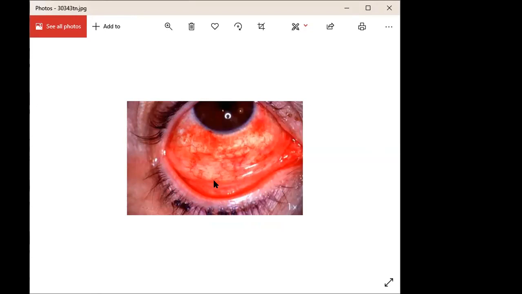So more fluid is coming out, more redness is present, and more burning and pain are present in viral conjunctivitis compared to bacterial and chlamydial conjunctivitis. There are different types of viruses affecting the eye, like the adenovirus, herpes simplex virus, sometimes herpes zoster, myxovirus, and paramyxovirus. The most common are the adenovirus and the herpes virus. We'll talk about those two.